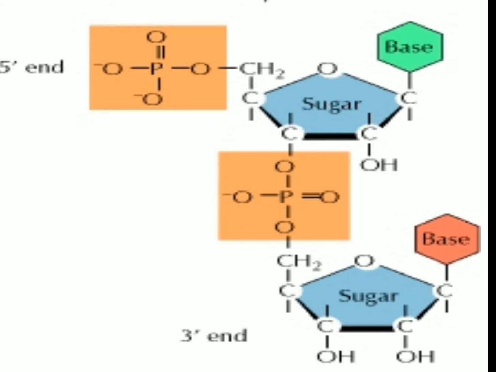A nitrogenous base, as you can see in the figure, is linked to the pentose sugar through an N-glycosidic linkage to form a nucleoside. That is, when a nitrogenous base is linked to the sugar, it forms a nucleoside. And when one nucleoside is linked to another nucleoside with a phosphate group, it becomes a nucleotide. So, what is a nucleoside? A nucleoside is a nucleotide minus the phosphate group, as you can see in this figure.